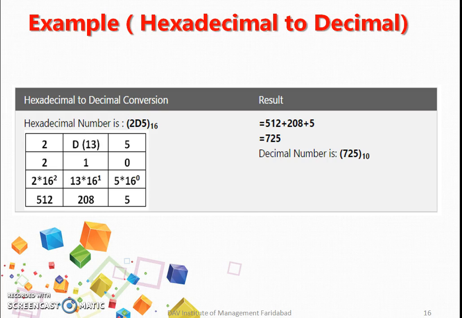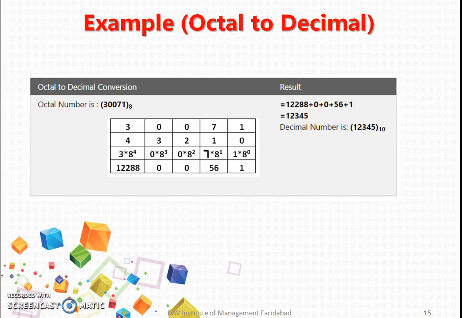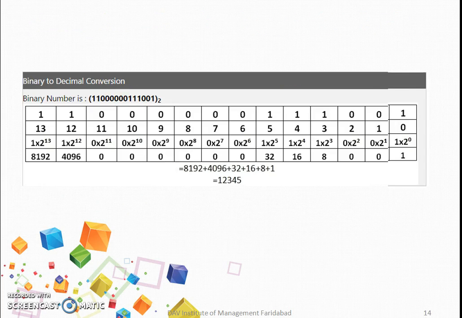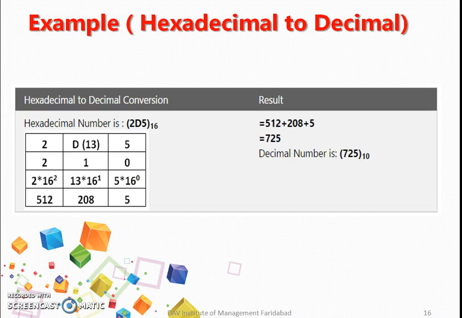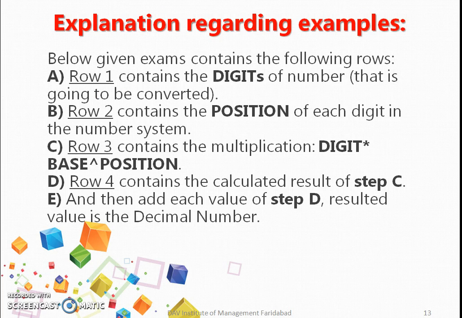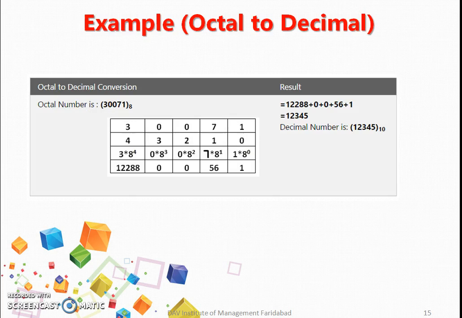Right. So let me summarize now what we have done with all the examples. This is an example of binary to decimal. This is octal to decimal. Next is hexadecimal to decimal. Now, these are the steps, whatever I have explained you, an explanation regarding the examples which I have explained. And now we have